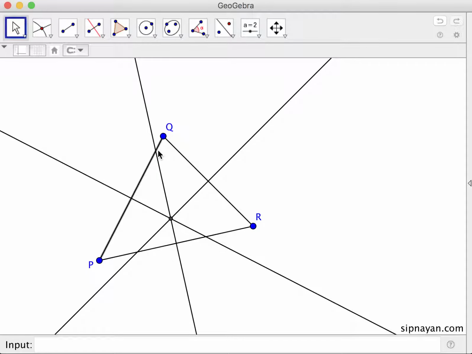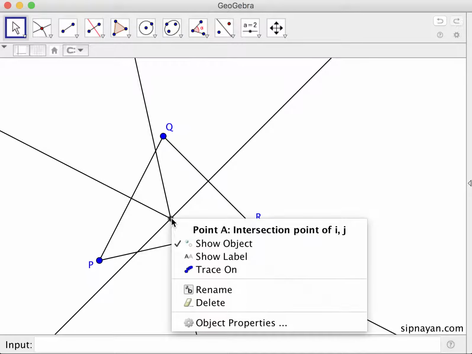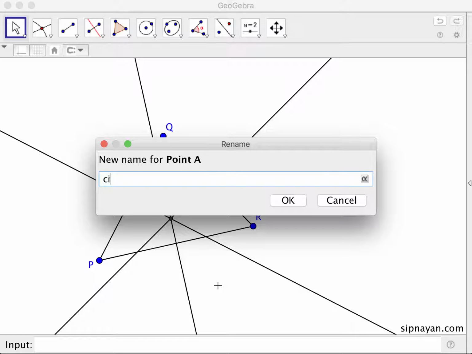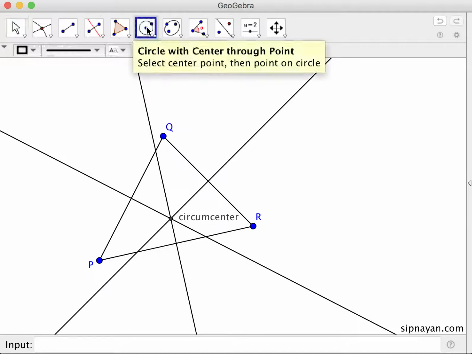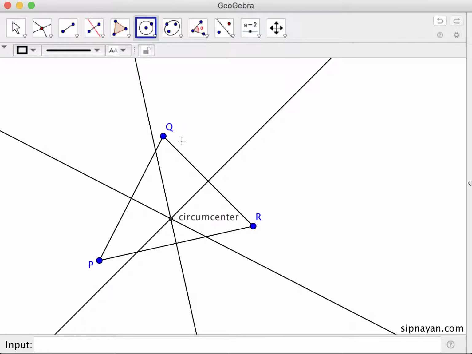Now, ang tawag natin sa point na yan ay circumcenter ng triangle. Circumcenter. Now, bakit siya circumcenter? Bakit tinawag yung circumcenter? Because it's the center of the circle circumscribed to triangle PQR. Ibig sabihin ng circumscribe, nasa labas siya ng triangle, pero nagpa-pass through siya dun sa